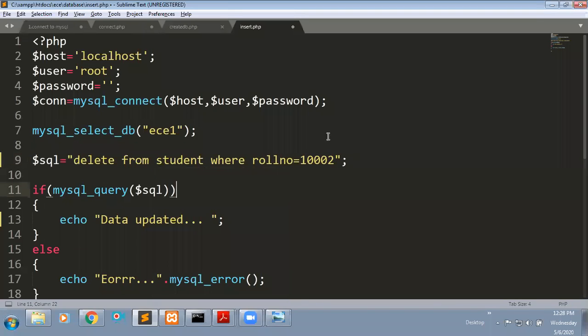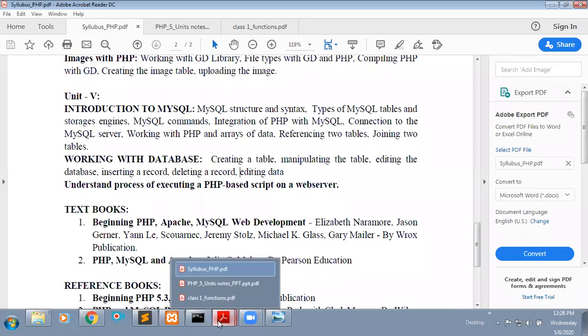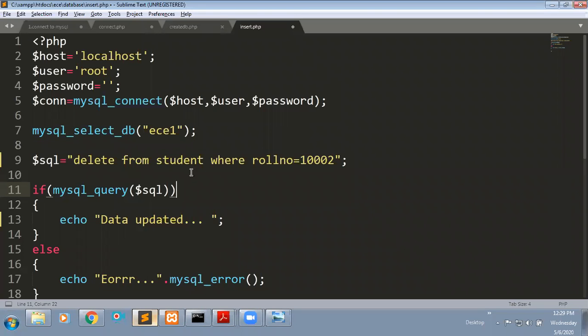For deletion, if they ask the question like, write a PHP script to delete a record from a table, if you observe, delete record is there, right? If they ask the question like that, you need to write this total program. Don't write just the simple syntax.